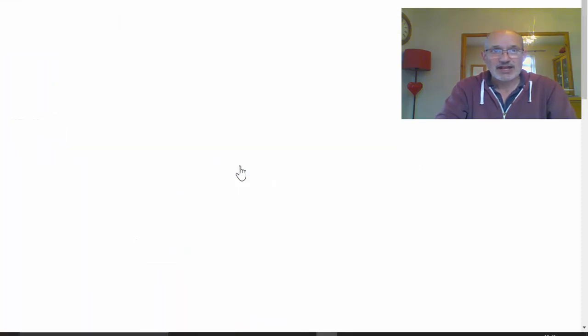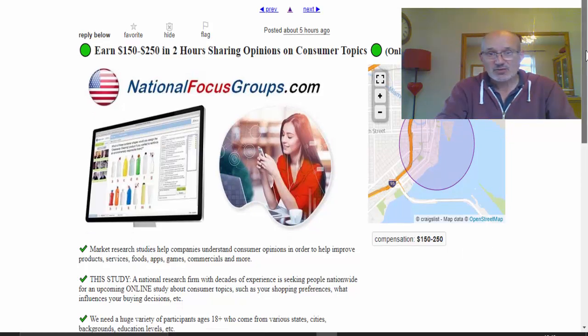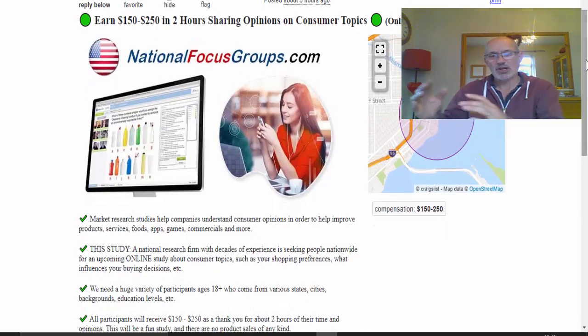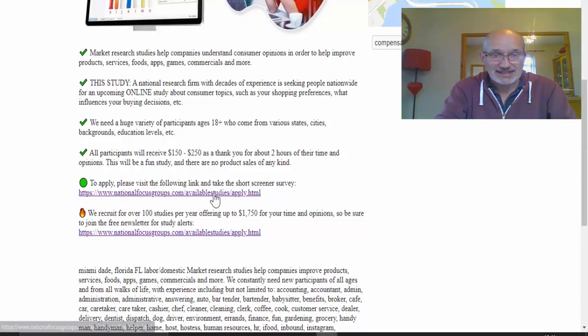So if we just click on that, this will show you how it's set up. As you can see here, this is quite a good ad. They've got an image at the top, and they've got loads of really good detail in here. And that's what you want to do. You want to set your ad up. Don't just put a couple of lines. Set it out really well. Set out the benefits, and it has to be very similar to a sales letter. Now you can obviously put links in here, and they've put links, as you can see here,